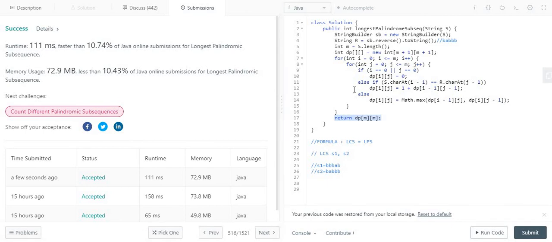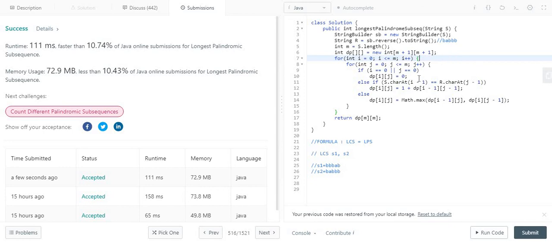Now coming to the time and space complexity of this algorithm. Here it is big O of n to form the reverse of the string. And we are making two for loops based on the size of the string, so we can consider the time complexity as big O of m into m, that is m square, or n square. Here we have declared the variable m, that's why it is m square.